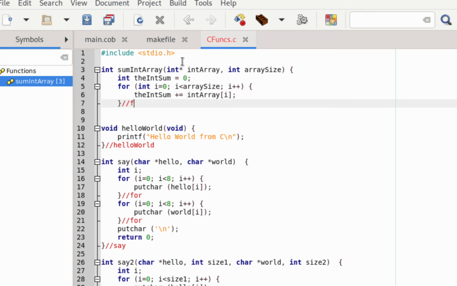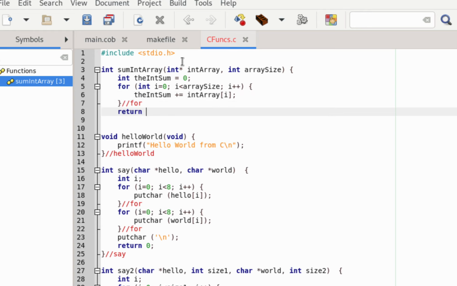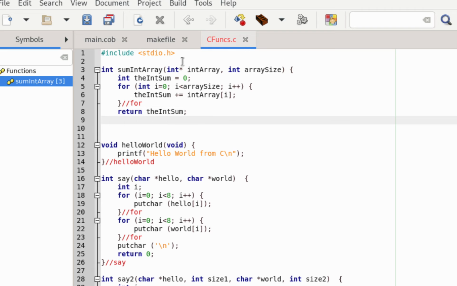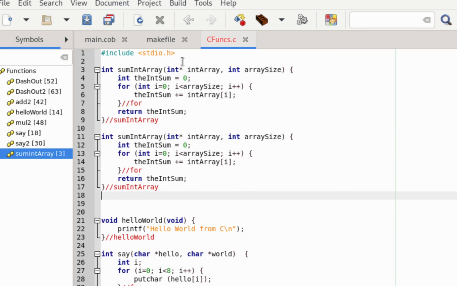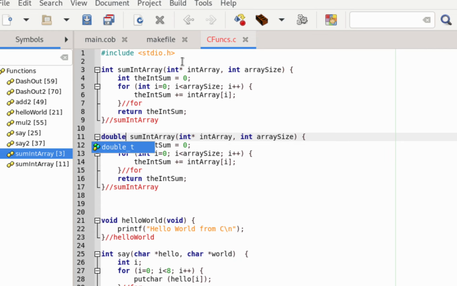We'll close off the for, and it'll return the int sum, and then we'll close off the function. Now, I like a function that adds up integers, but what about a function that adds up floating point? So I'm just going to go ahead